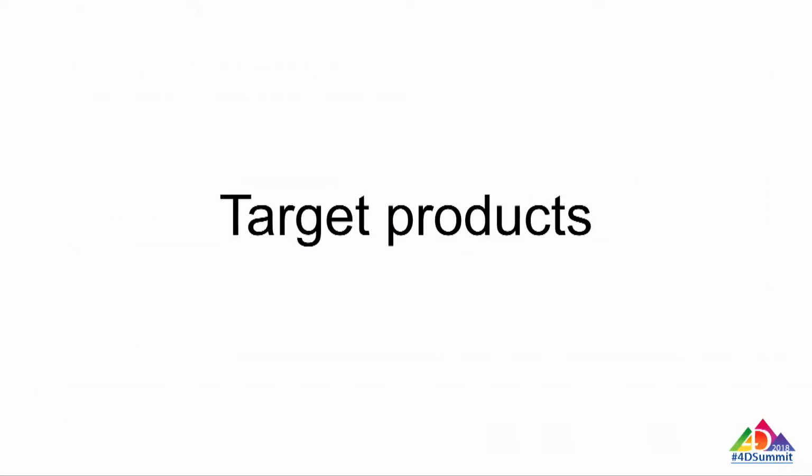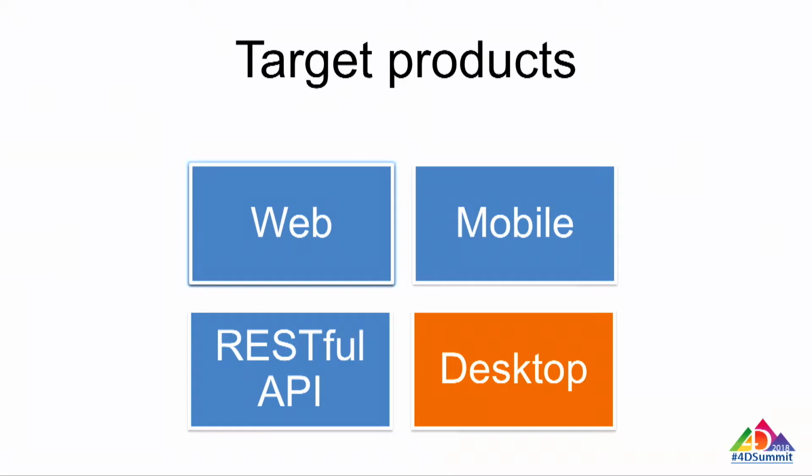So now, what are the products that we can work on and test and validate for you? Of course, we can validate all kinds of web applications using HTML, CSS technologies, or even all kinds of JavaScript frameworks. Also mobile applications. If you are also exposing your code using some RESTful API, we can also test and validate this for you. And regarding 4D desktop applications, we are now improving our test platform to integrate different kinds of test automation.